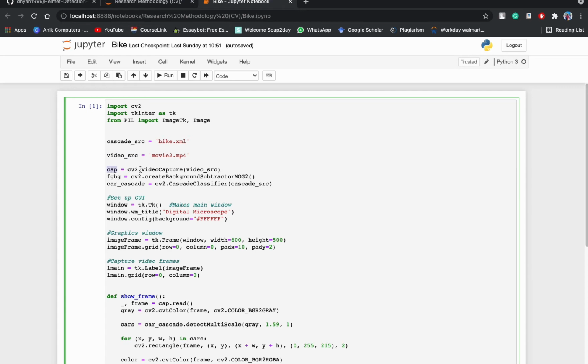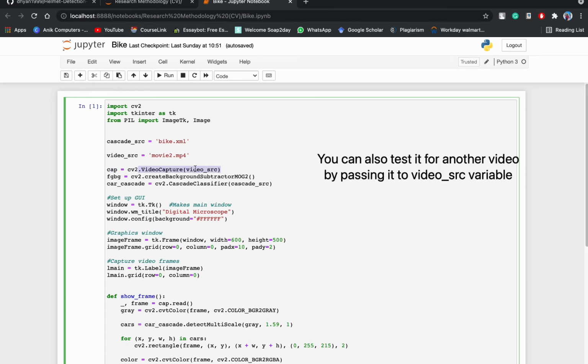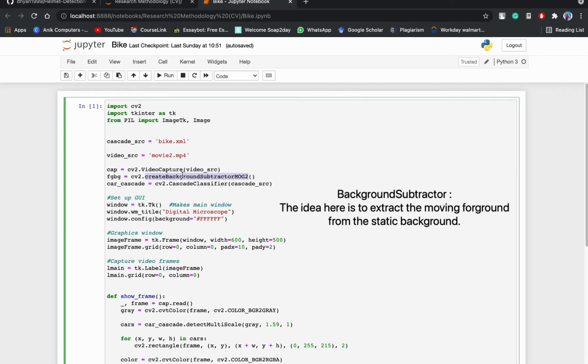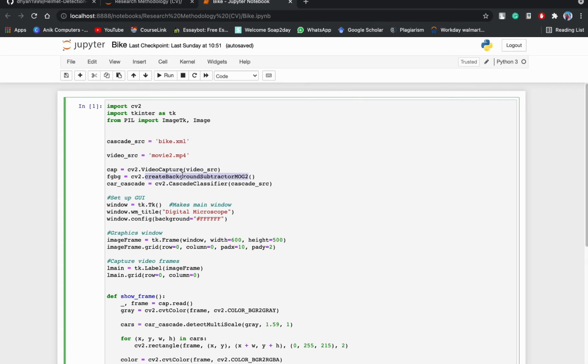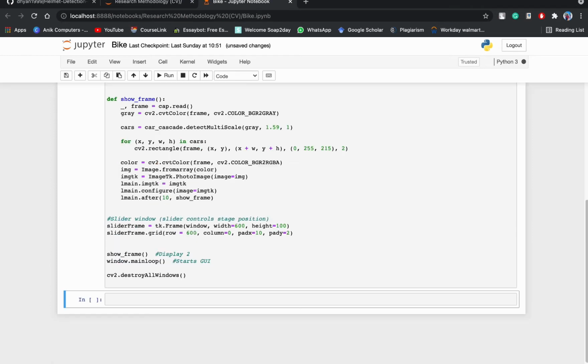The variable cap captures the video that we have passed. Another variable is the background subtractor, which subtracts the background and the helmet in the video. The second part is the setup of the GUI, in which we have named the title. We have used Tkinter for creating the window that you can see.